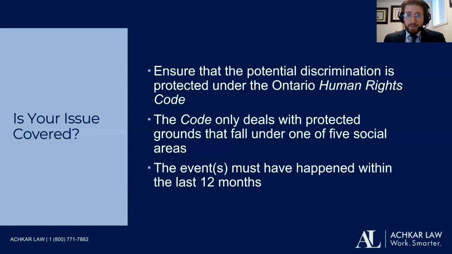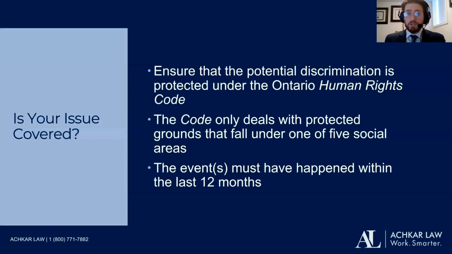That doesn't mean that everything that happened 12 months prior is eliminated. In fact, you can bring that up as part of a larger narrative explaining the discrimination that occurred, so long as the last incident happened within 12 months of this application and it's connected to the other ones. It's part of telling your story, part of explaining it. There are special circumstances in which you can bring a claim forward outside of the limitation period, but it's best to speak to a lawyer about whether or not you can get around the limitations period.